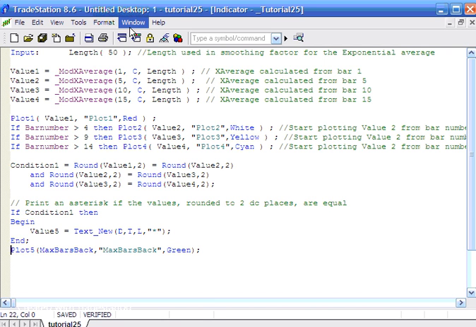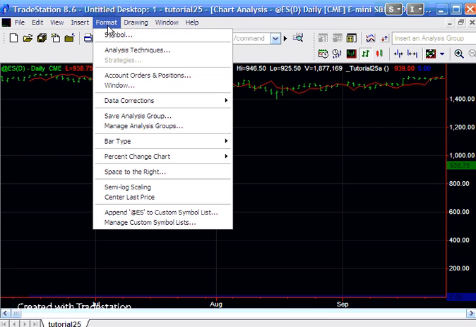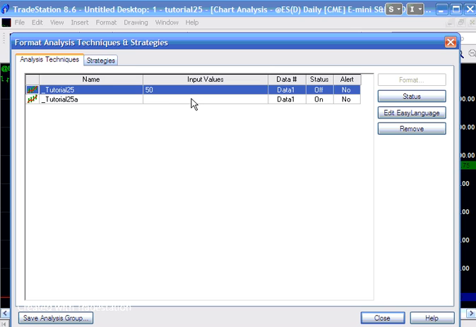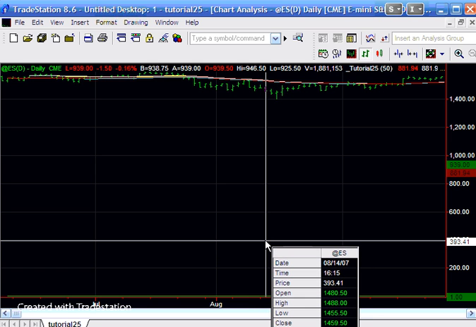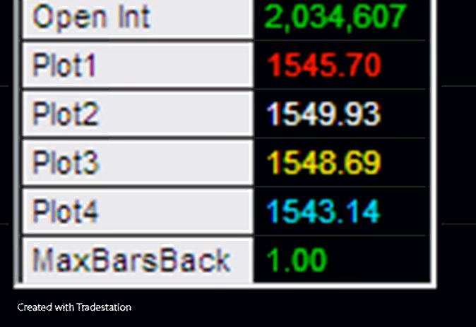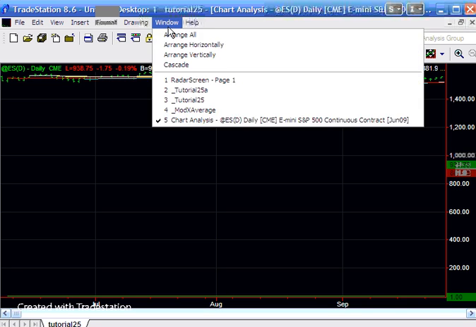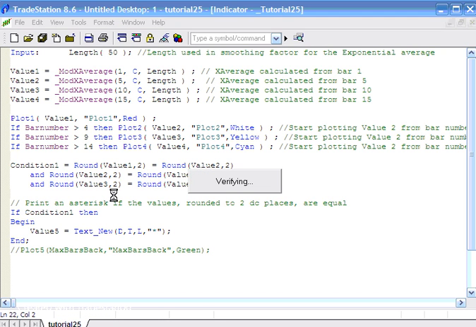So let's just go to a chart, and let's just press F3 to make sure that's verified. And we're just going to go to a chart, and we're going to turn the status of the first one we were just looking at off. We're going to turn this one on, and we'll see here now, because we've got the Maxbarsback plotted at the bottom, you'll see that you can't really see what's going on, but I did this just to show you that here Maxbarsback is equal to 1. So just bear that in mind, because what we're going to do now is just go back to the indicator, and just going to comment that out and verify it again,